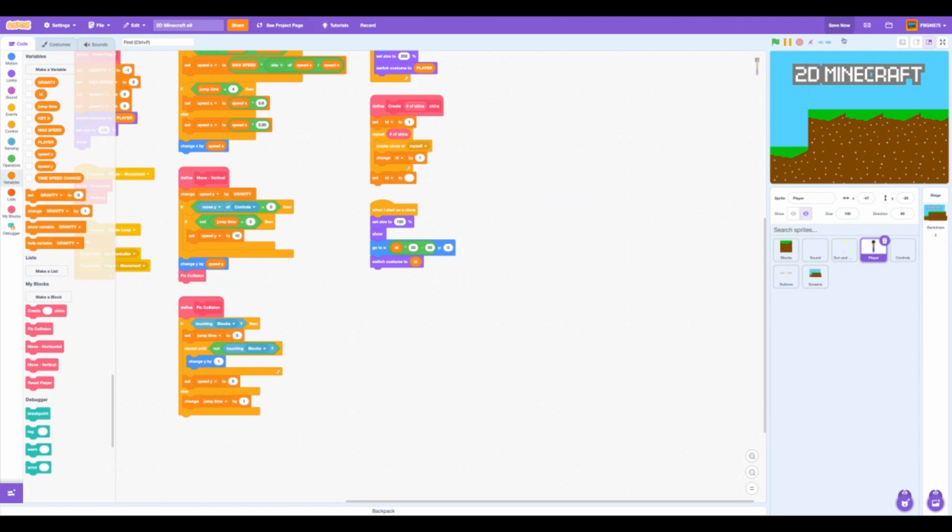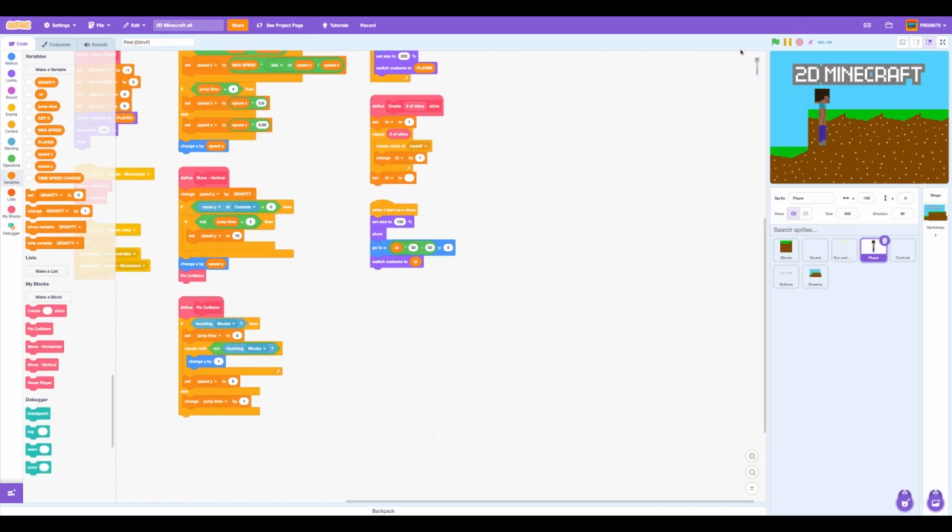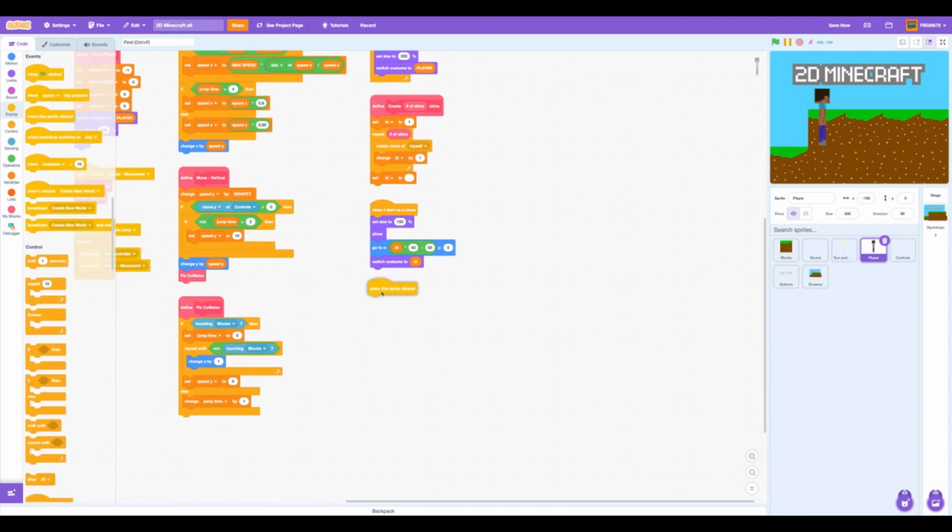So now, if we run the project and then click edit, you can see that this is the current skin that we have, and these are going to be the buttons. But right now, it doesn't even show anything. So let's actually do that when we click it. So when this sprite clicked,